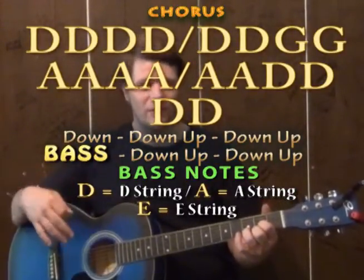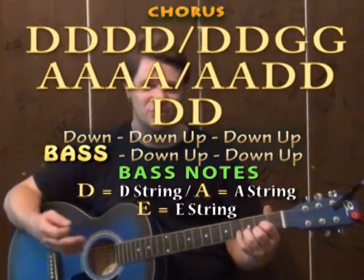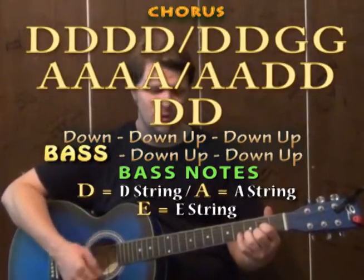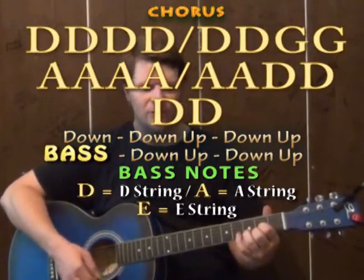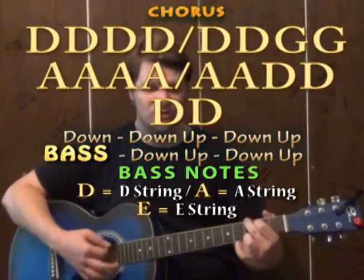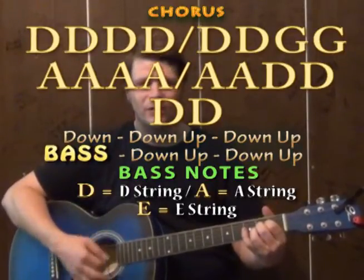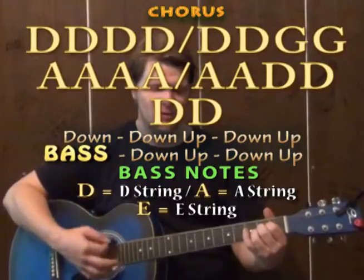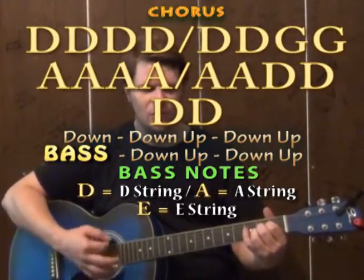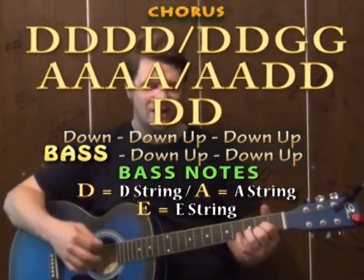One way to work the chorus is just doing the downs like we were talking. If we tried it that way, we'd do 1, 2, 3, D, for several measures, then 1, 2, 3, G, 1, 2, 3, G, then 1, 2, 3, A, repeated for six measures, then 1, 2, 3, D, 1, 2, 3, D, 1, 2,